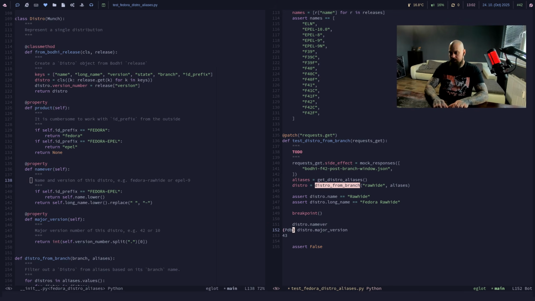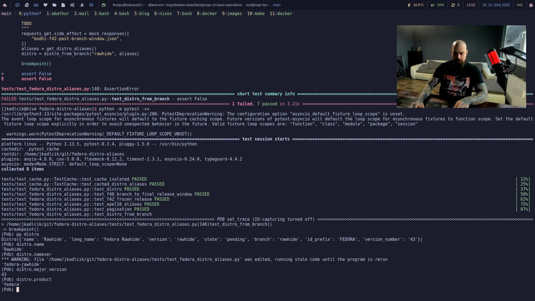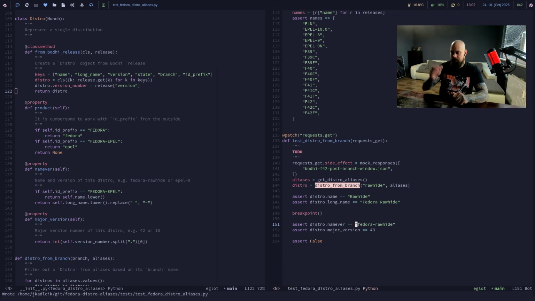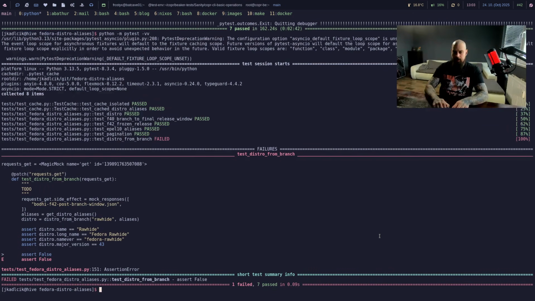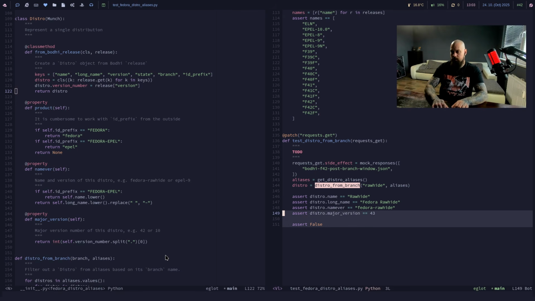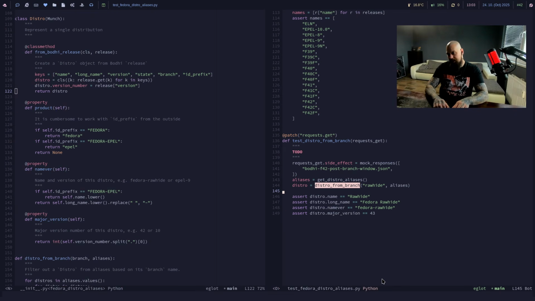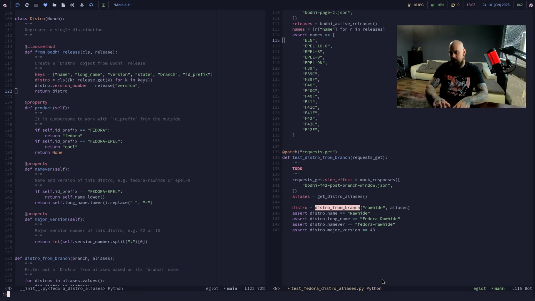So this is useless. The output was Fedora rawhide, sorry. So it was like this and like this. So we want to assert that this equals this. Same here, assert that this equals this, and I don't like the single quotes. Now let's put the breakpoint away and run the test. Assert false, sure, we can remove that now, and we have a working test. I think we should be sure and try one more